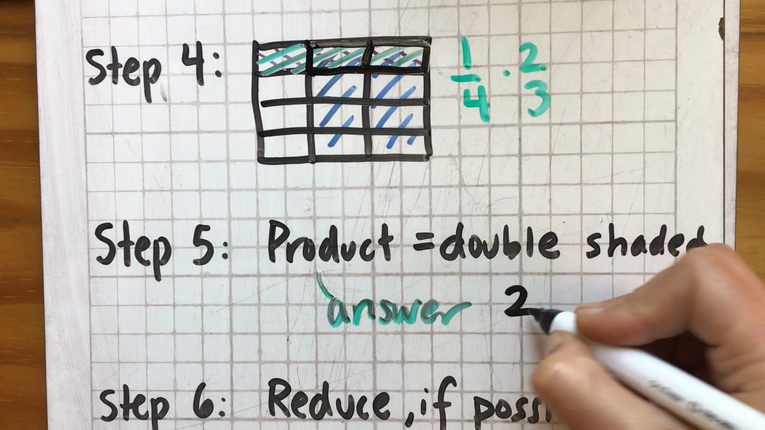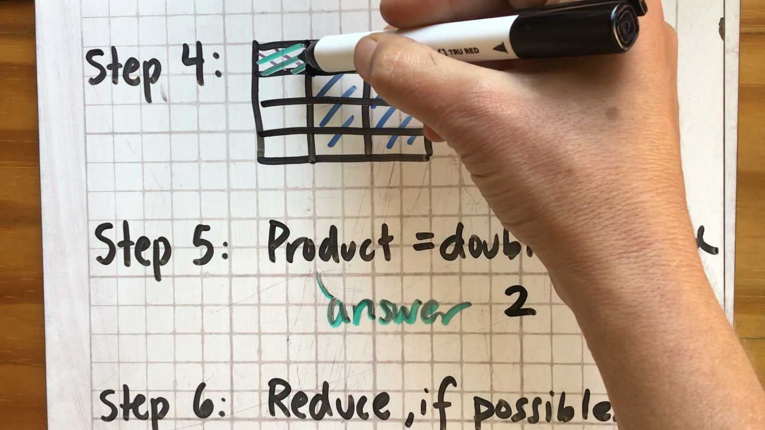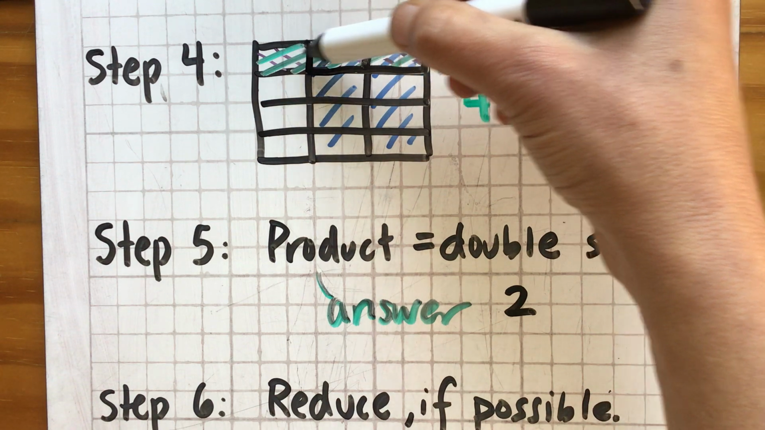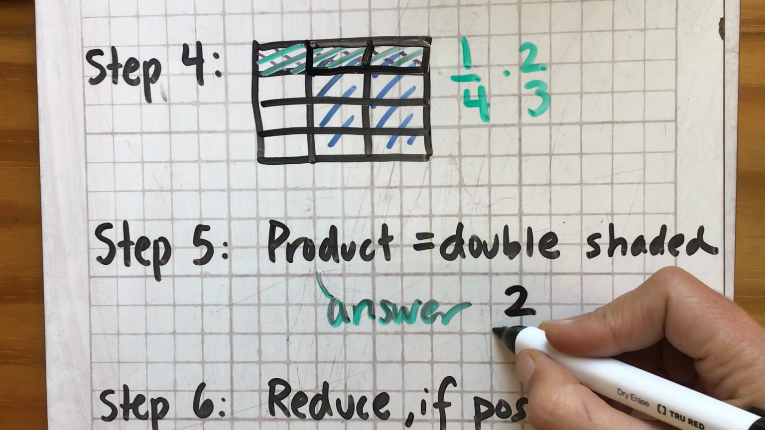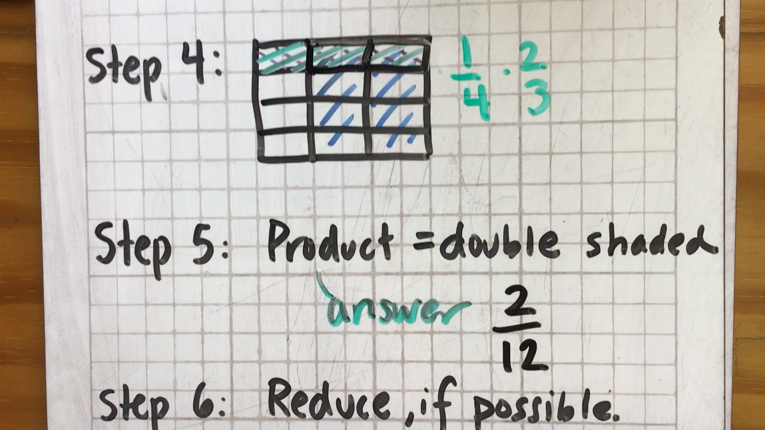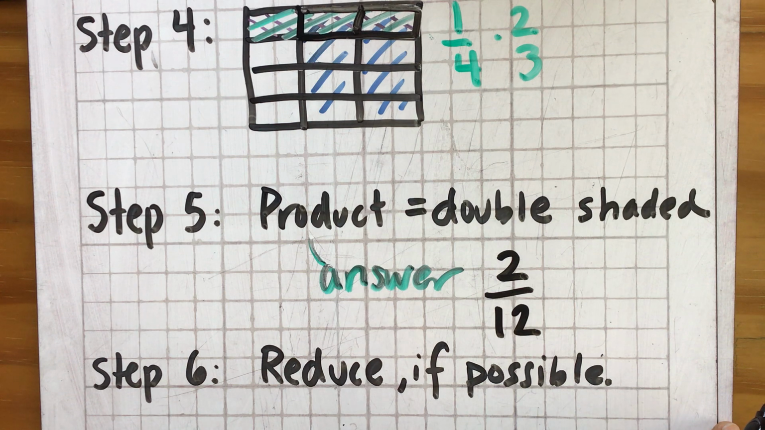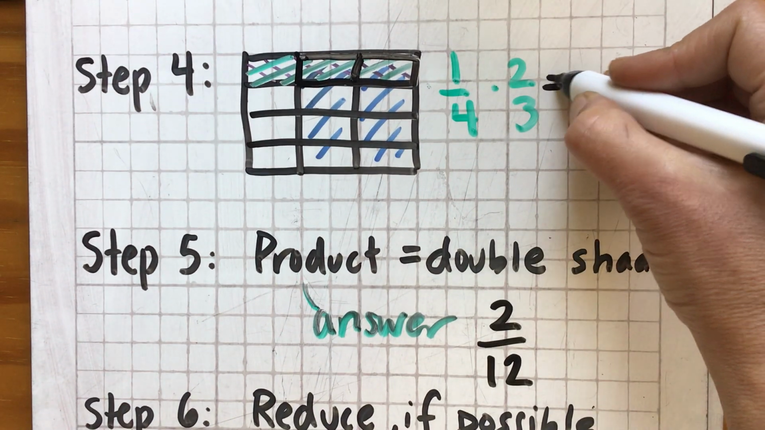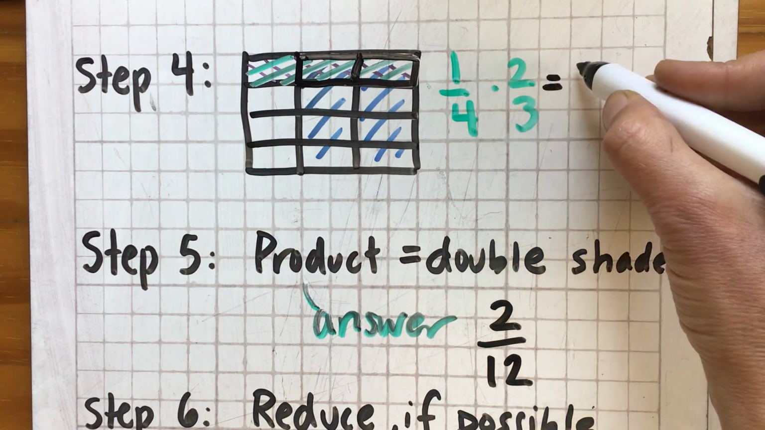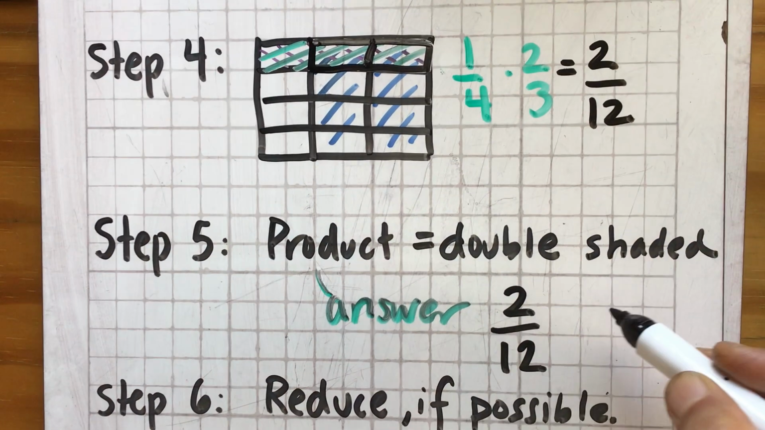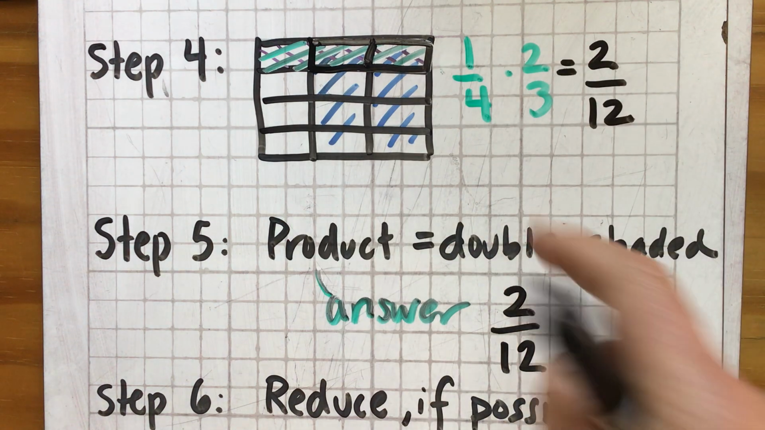So there are 2 of, and this is whatever, so 3 by 4, there's a total of 12 spaces. And so my answer is the double shaded area, which is 2/12. And once again, if you had done it the other way, you would just multiply the numerator times the numerator, 2, denominator times denominator, 12. But that's kind of visually what that means is I'm taking